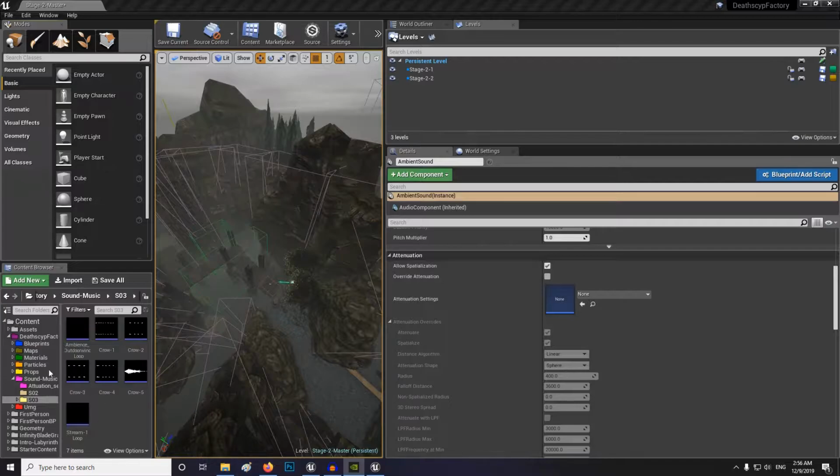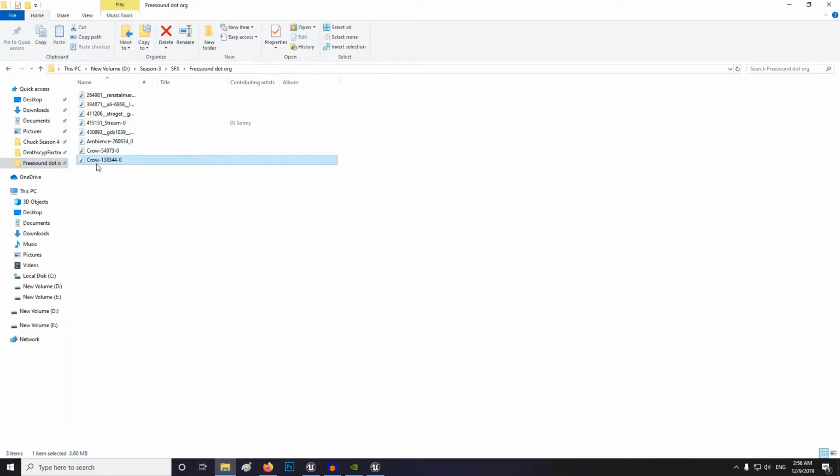So I already have my sounds over here, but there's one of them that I want to show you how we can use a function inside Audacity, another function I didn't show you guys yet, how to fix a sound really quick. So I have over here this sound for crows, and when I click on it,